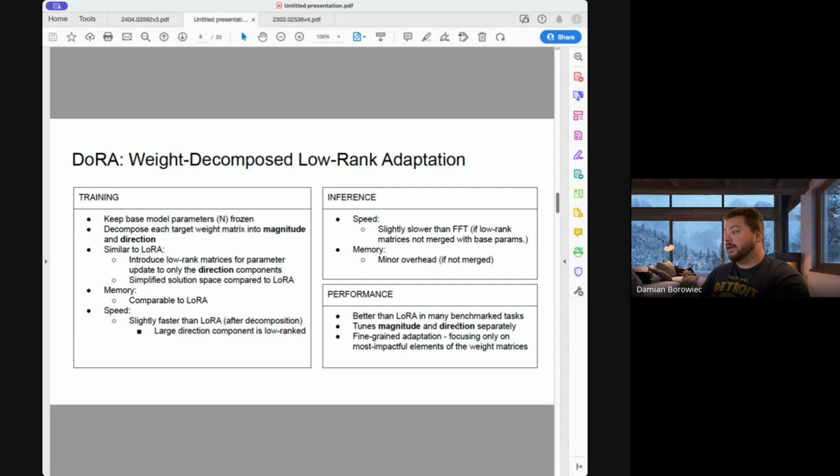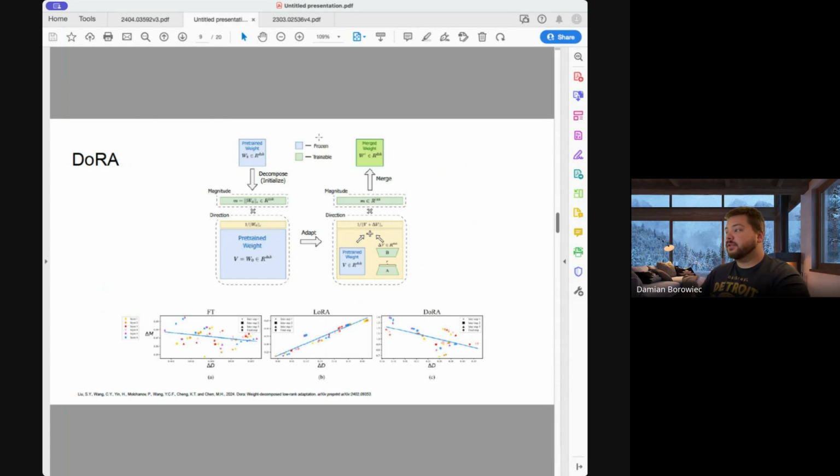It tunes the magnitude and direction separately. I forgot to mention that the magnitude also gets tuned, but in a slightly different way. And it allows for more fine-grained adaptation. So it only focuses really on the most impactful elements of these weights. So this is the sort of logical idea behind this method. We decompose magnitude and direction. We then adapt them, and then again we have two low-rank matrices that